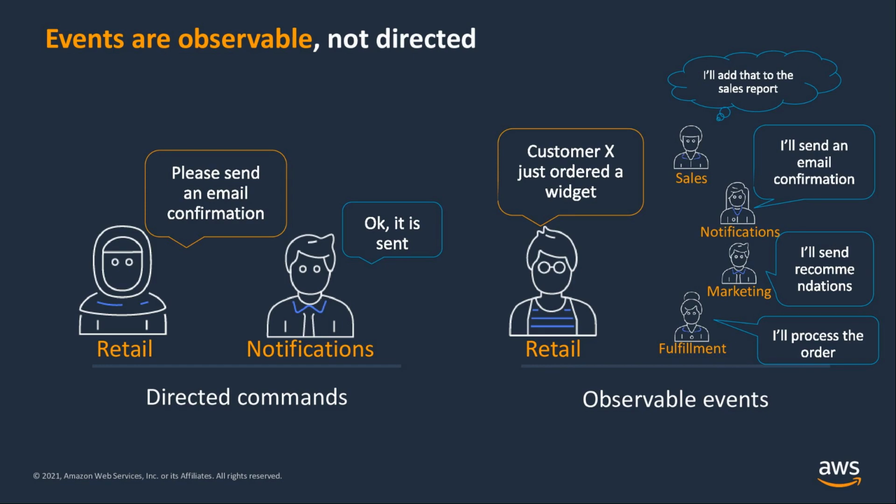So what are the benefits of observable events? First, event producers don't need to have any knowledge about who's listening to those events. This keeps them simple, and it allows other services to consume events without needing any upstream changes. Adding new consumers becomes quick and easy, and ultimately, this is about decoupling services from each other very efficiently.